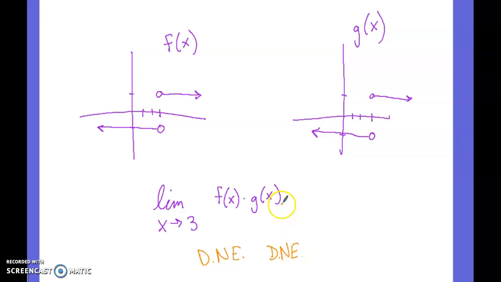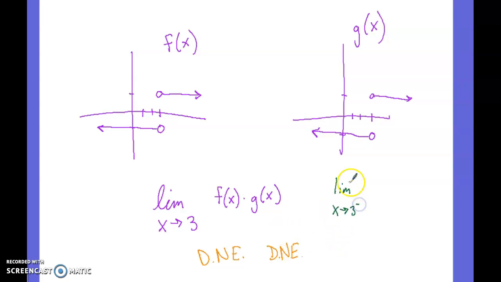But if you were to do each individual problem and you just did the left side, so the limit, I'm trying to change colors for you and failed miserably. If I asked you to do the limit as x approaches 3 on the left side,